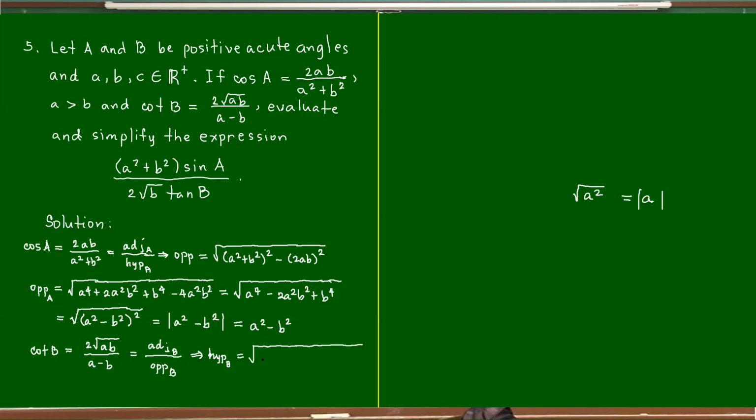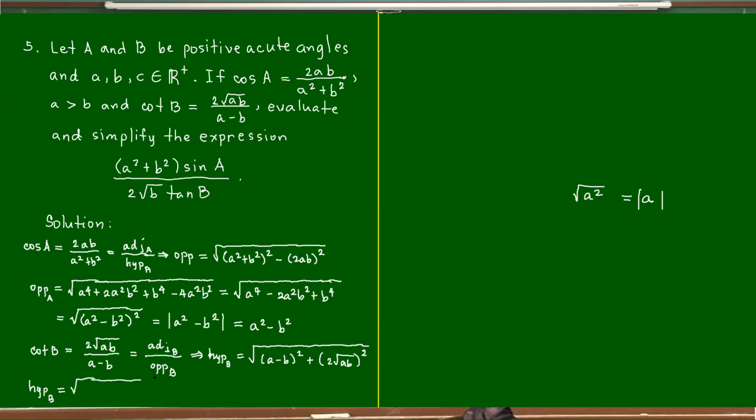So that is the square of what? Opposite. So A minus B, quantity squared, plus the square of the adjacent. That is 2 square root of AB, quantity squared. Simplifying, the hypotenuse to side to angle B is equal to, that is equal to what? Square root of,